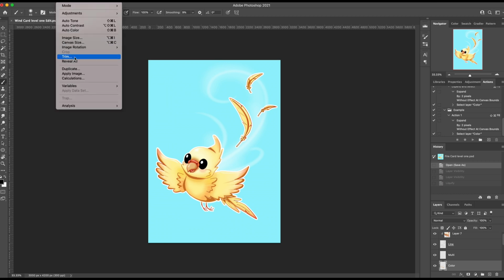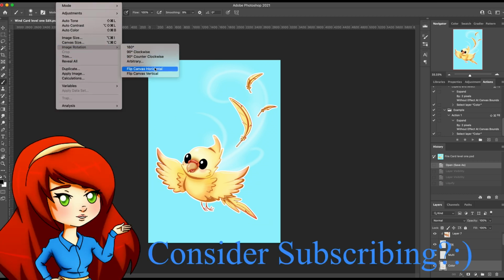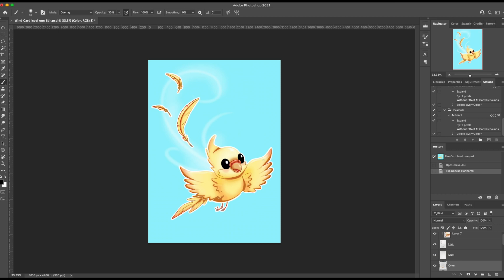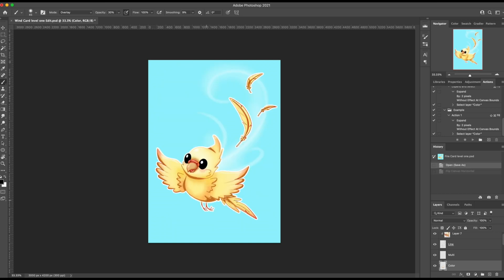I'm going to go to image, then image rotation, and flip it horizontally to show you this wing. It looks like it's kind of sticking out and forward a bit, and this one isn't long enough for this foreshortening perspective. I'm not great at drawing birds, so I'm not shocked that I made this mistake, but now